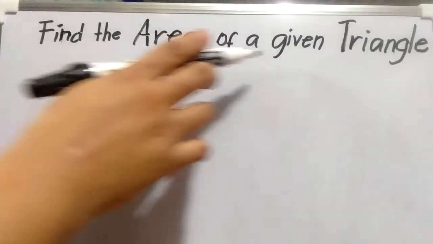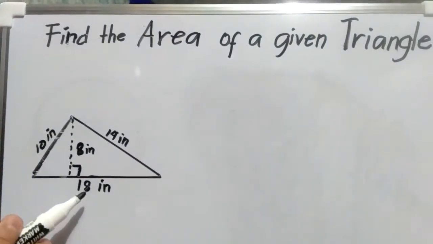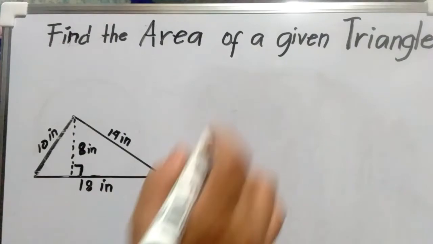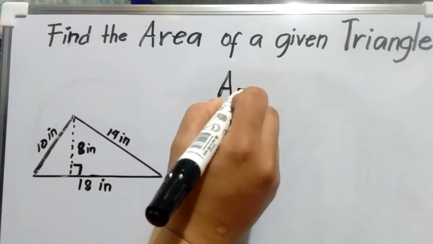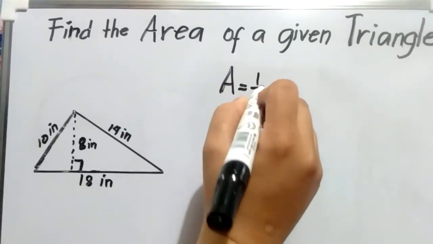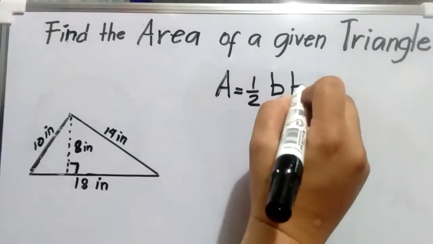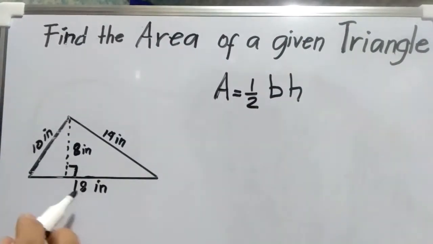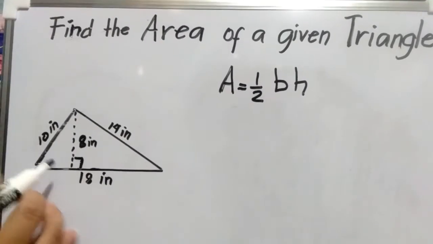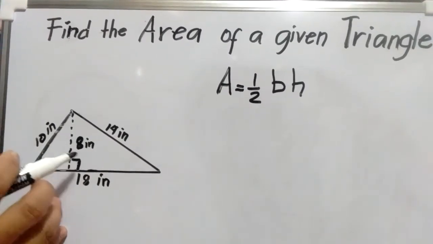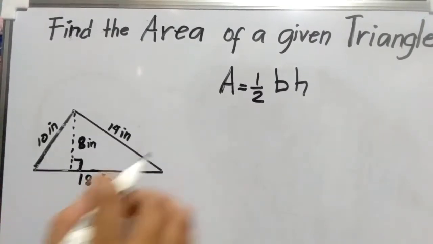Find the area of a given triangle. To find the area of the triangle shown, we use the formula area is equal to 1/2 times base times height. Since the base of the triangle is 18 inches and the height is 8 inches, we can plug this information into the formula to get